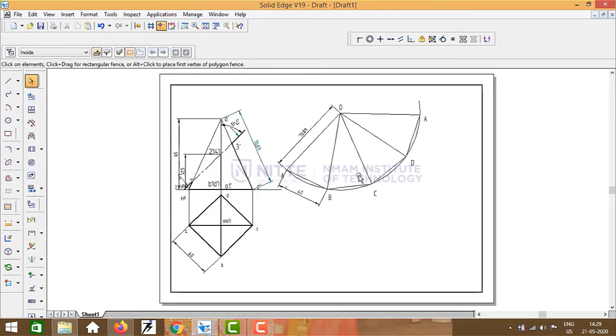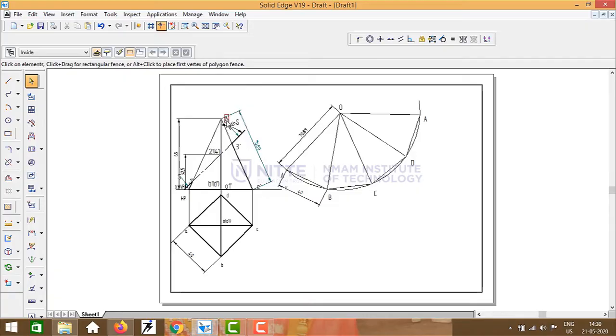Okay, so this is the development of a square pyramid with 40 millimeter base edge and 65 millimeter height, or the 70.89 triangular slant edge dimension. Now we will transfer this triangular face section plane, that is the 1, 2, 3, 4 section planes, which is this section SS, cutting at 1, 2, 3, 4. We will transfer these dimensions to the development now.